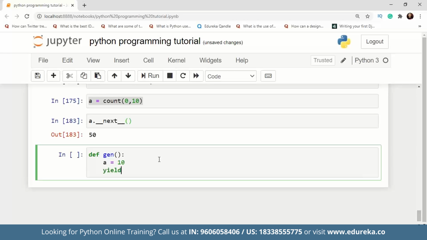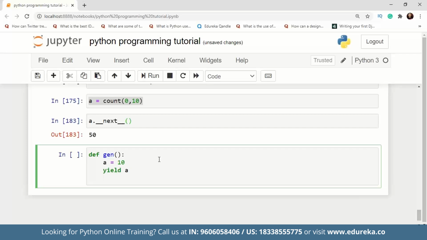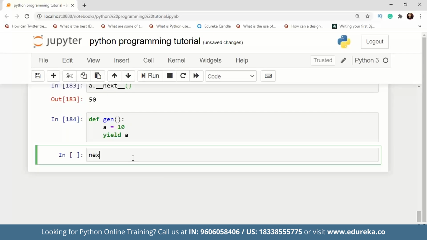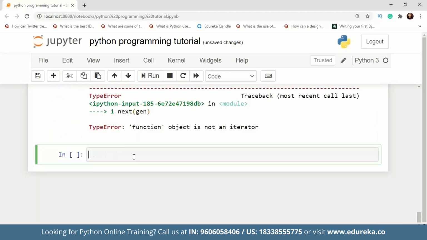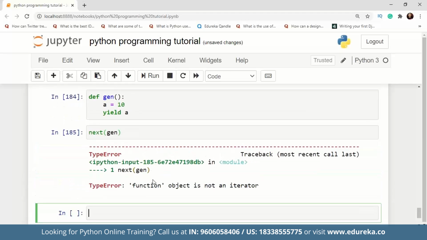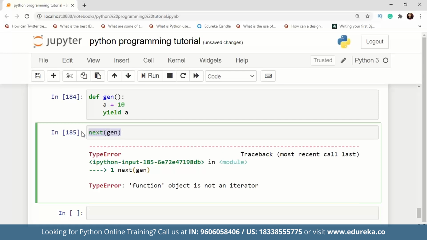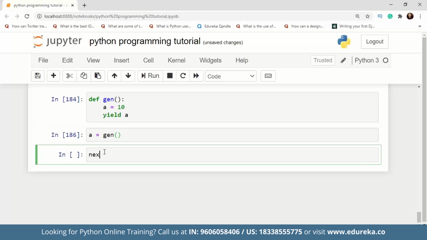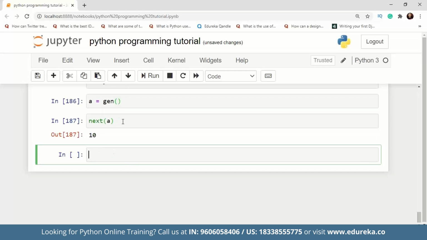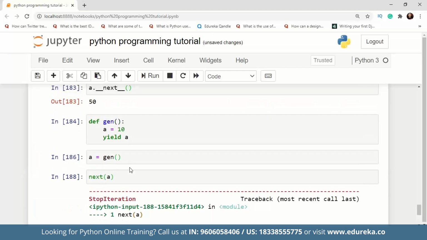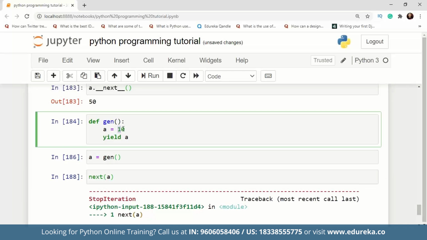After this, I will yield this number a. When I call next on this, I'm getting a type error, which is function object is not an iterator. So I have to create an object. This is my object now, and if I write it like this, I'm getting 10, and the iteration is stopping because this is not exactly an iterable.